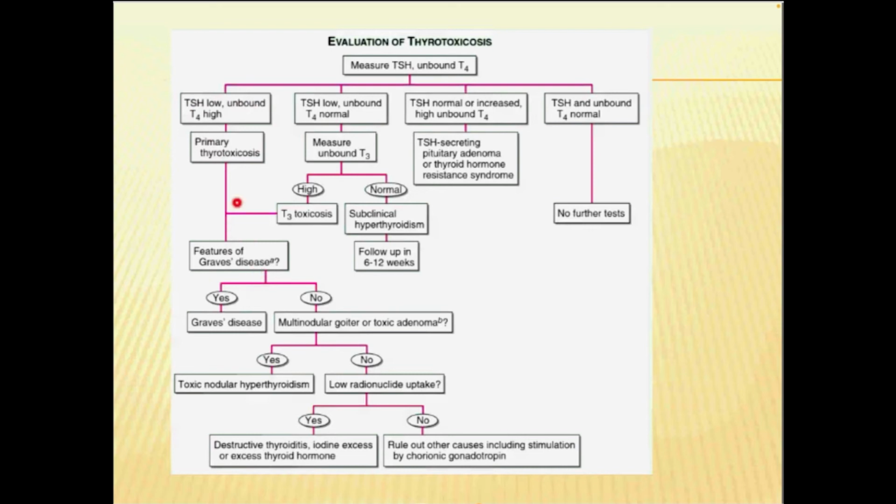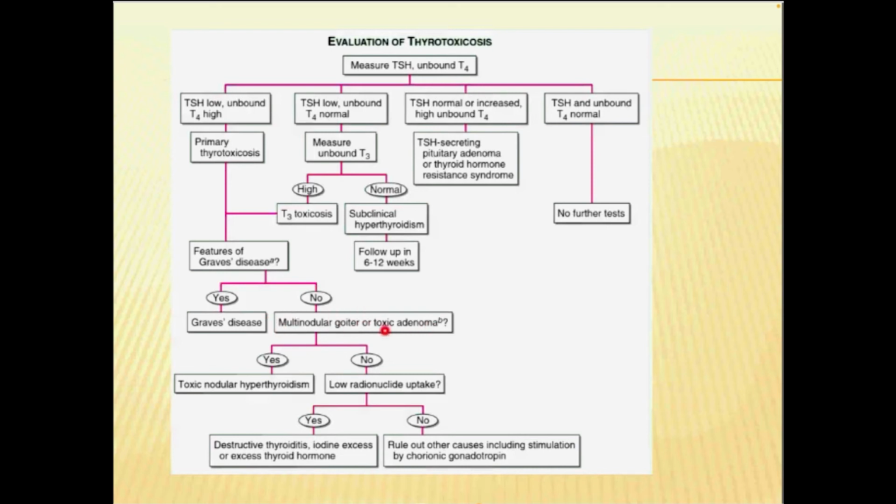And if it is diagnosed to be primary thyroid toxicosis, we should clinically examine the patient to see whether the signs of hyperthyroidism are present. If yes, it is diagnosed to be Graves' disease. In Graves' disease, you should go for autoantibody investigation also. And if there are no features of Graves' disease, we should detect whether there is a multinodular goiter or toxic